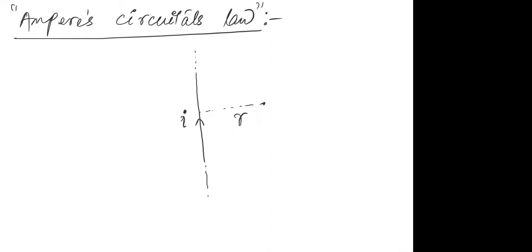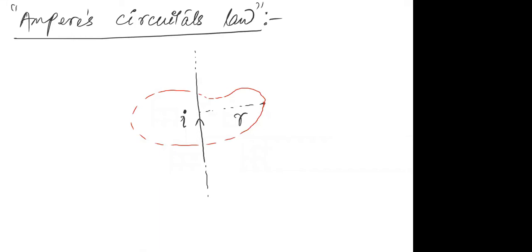So take a loop, and that loop can have any shape. Listen to me carefully. It is the same as saying a Gaussian surface can have any shape. Similarly, an Amperian loop can have any shape. The requirement is that you first take the Amperian loop to enclose the wire. So let me say that I am taking a loop like this. This loop I have taken around this wire to enclose the wire. I'm not taking a surface. I'm taking a loop around the wire, right?